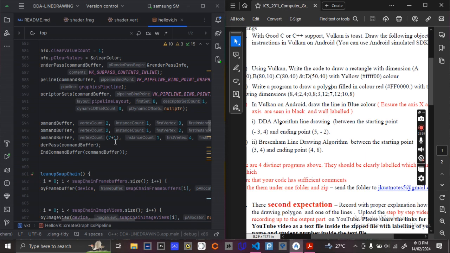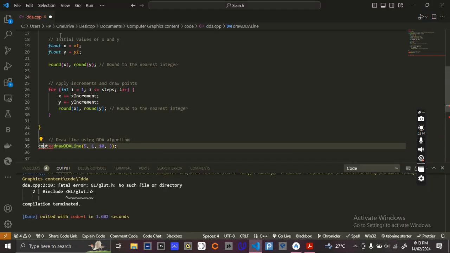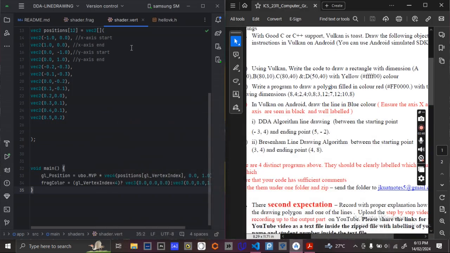And then for the points, the rest. Now, how have I come up with these points? That's a good question. To answer this, I already drew the points with a DDA line drawing algorithm. Then after running the code, it generated points for me, which I've now input here. Why I've not done this directly? To my disadvantage,